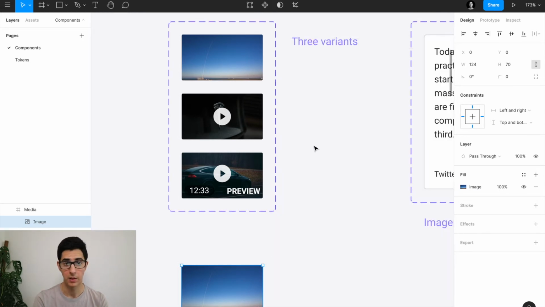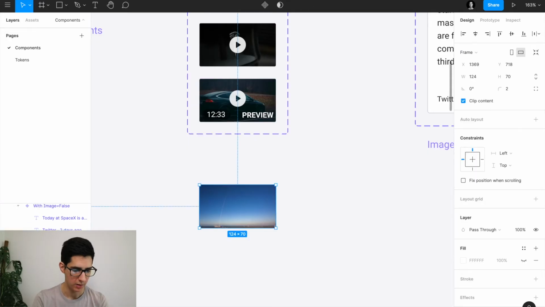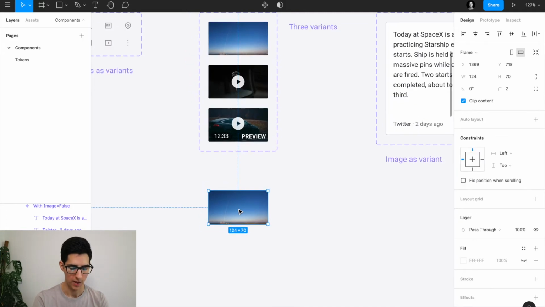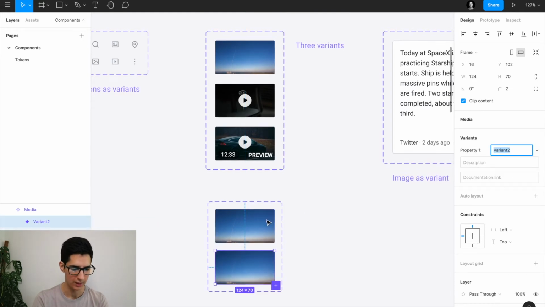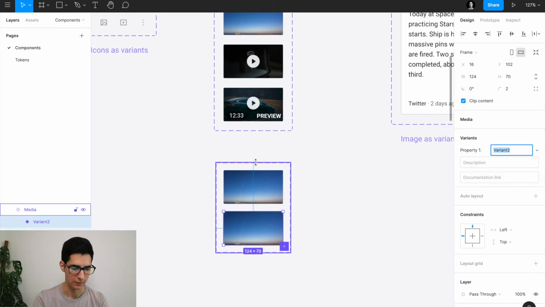So the plugin wouldn't be able to do that unless there was an explicit layer for an image, which is the case for this, but it's not the case for when you have an image fill in a frame. So you cannot run the Unsplash component there. Given that we have a layer here for our media frame and an image inside of it, what I can do is Command-Alt-K to create component, and you're already getting used to this, I know, to create variants for this,